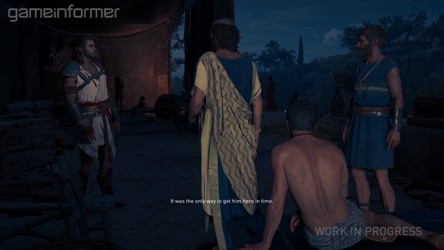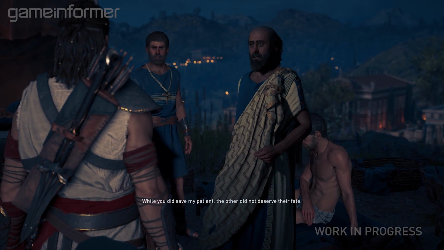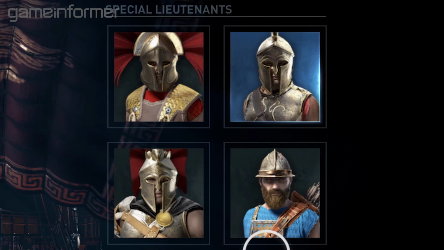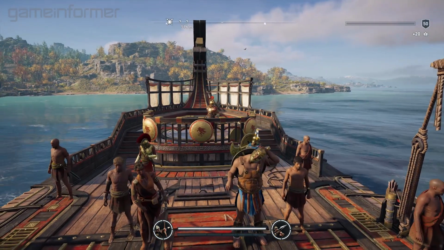Some quest givers, not all quest givers, are recruitable at the end of the quest, depending sometimes on how you've interacted with them. So you can expect to see some characters like that. Those lieutenants, we call them lieutenants. There's 4 slots available on your ship. They're interchangeable, so you can build up a roster if you want, and interchange them and try some different combinations